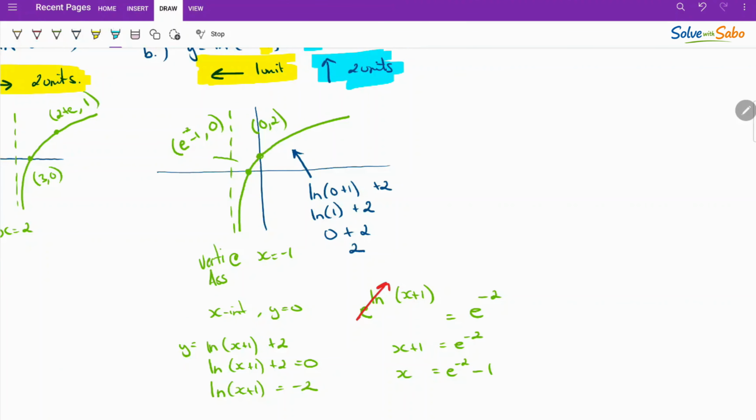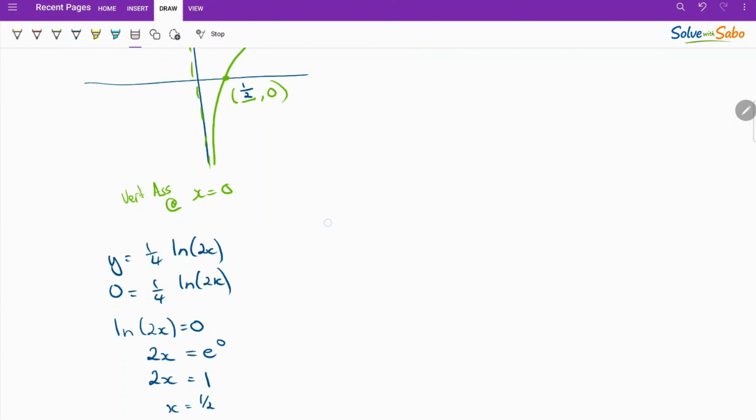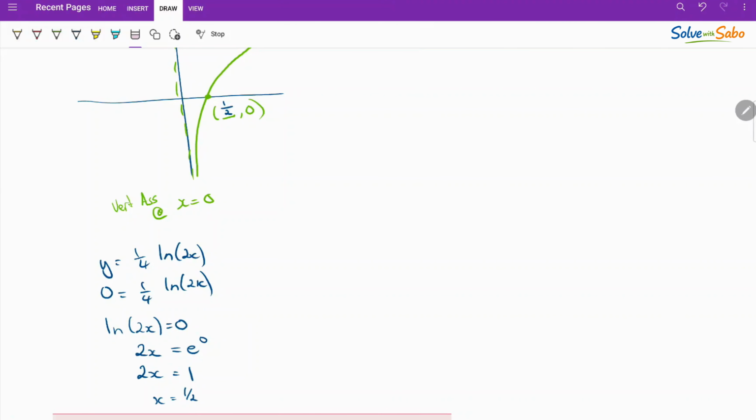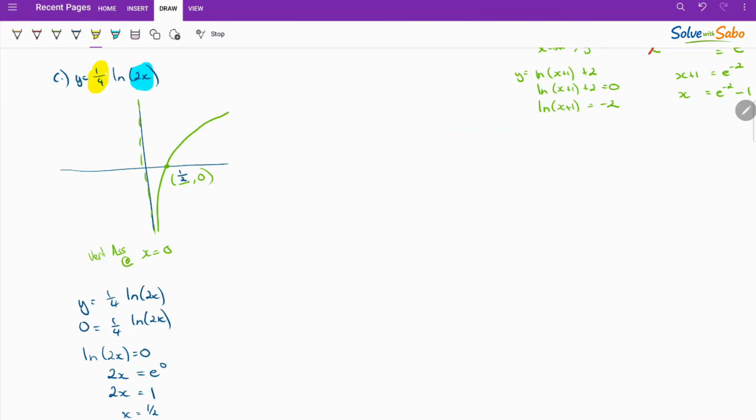I'm just going to highlight a certain section. It was quite easy for us to solve this log because ln of 1 is always equal to 0. That's a nice easy one. So if I ever want to solve a log here manually, I want to be able to do ln of 1. Looking at my equation, I can't just do ln of 1 if I sub in x as 1,